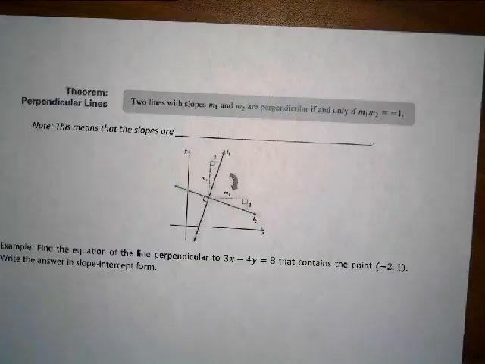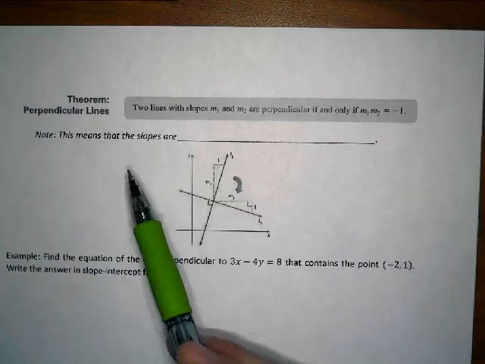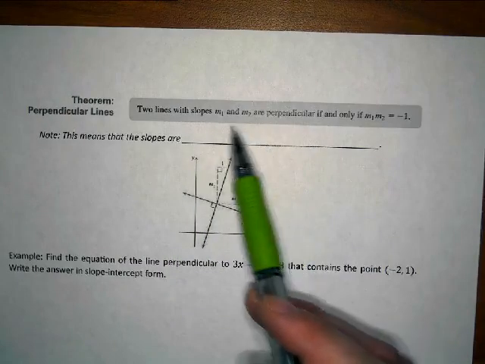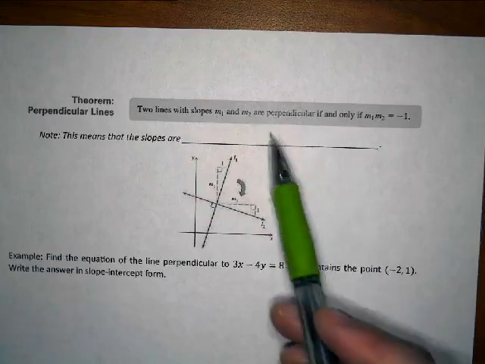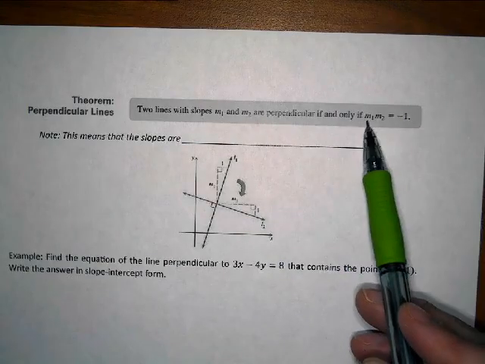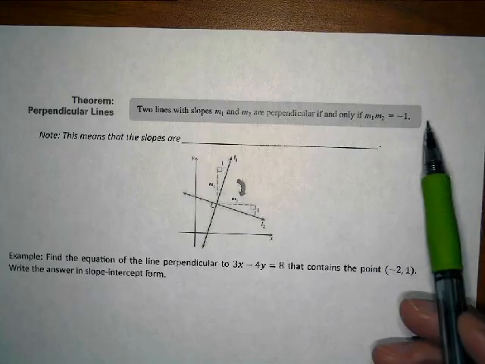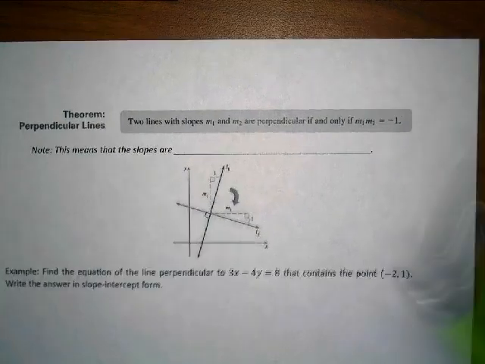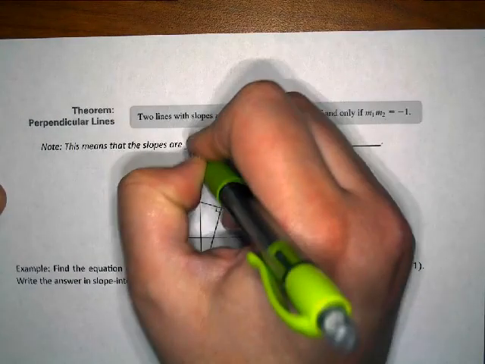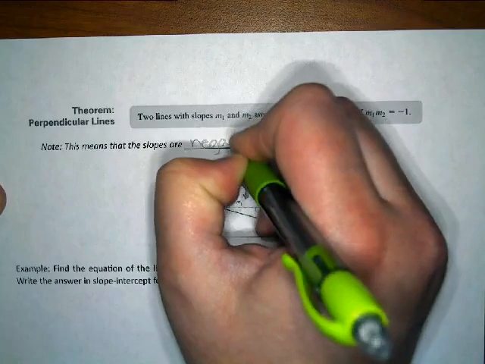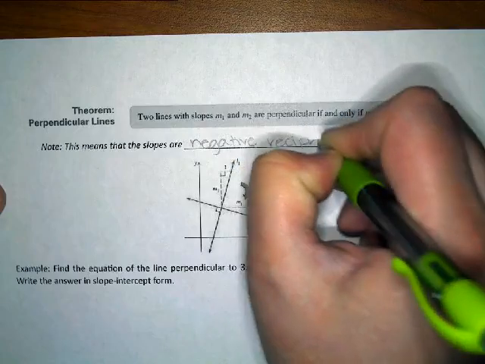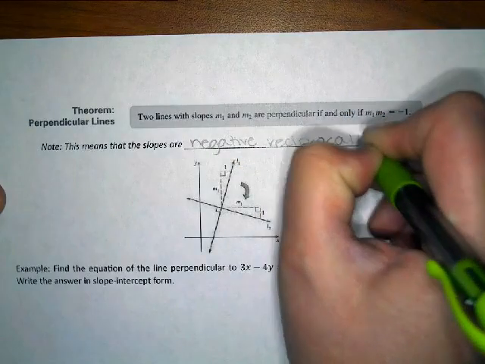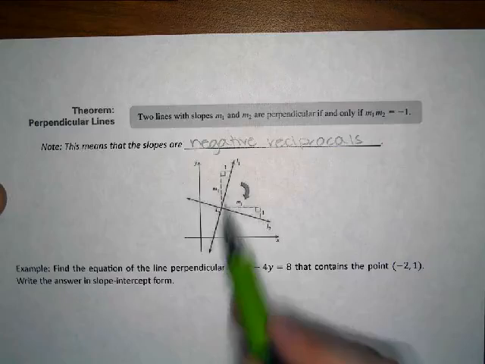All right, perpendicular lines have slopes, M sub 1 and M sub 2. They're perpendicular if and only if, when you multiply the two slopes together, you get -1. This means that the slopes are negative reciprocals. So if we look at these two perpendicular lines here, this line has a positive slope,